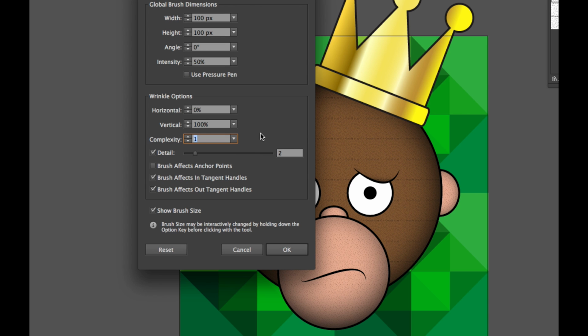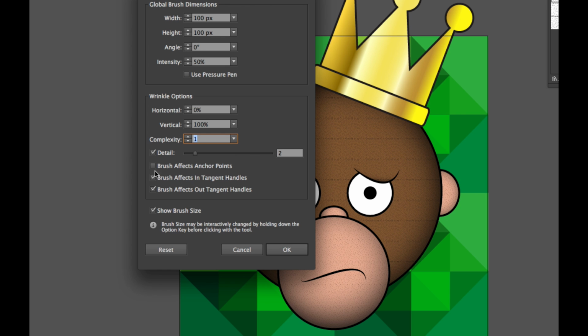It's crazy. And you get these really tightly packed wrinkles. With our application, we're just going to be using the default settings because we want these big blobby chunks of hair to be hanging off of his face. These last three checkboxes, as they say, affect different ways in which the tool is allowed to manipulate